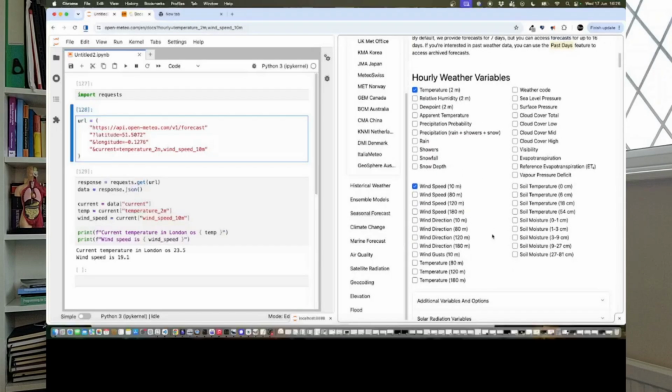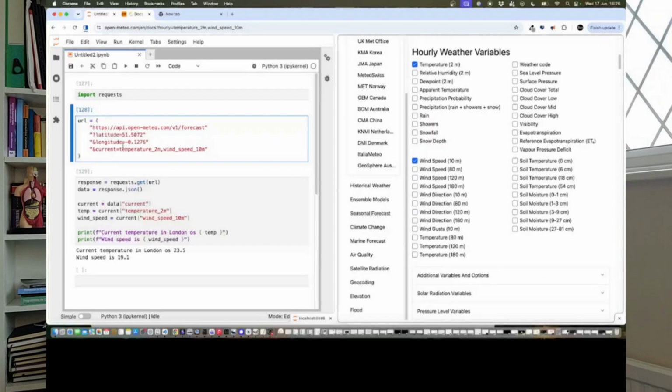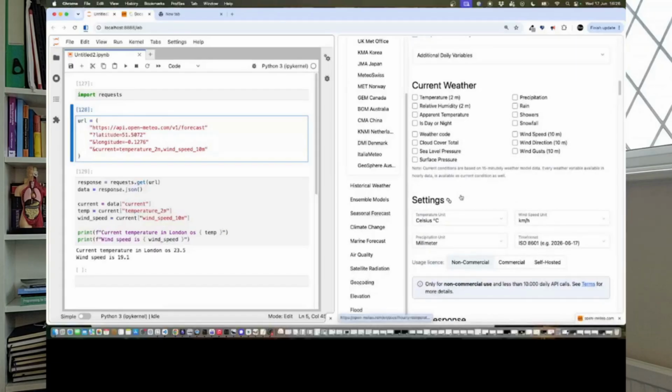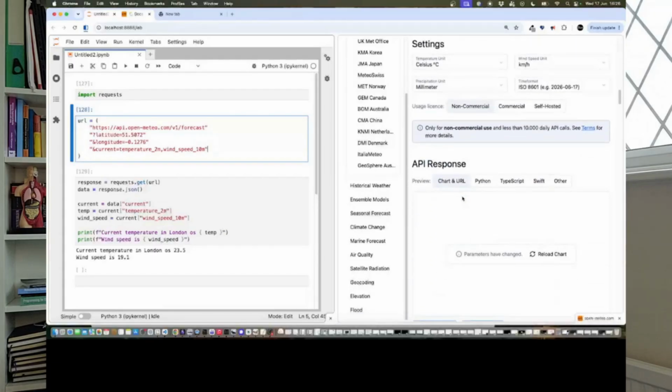When we run the code, we can see here that the current temperature in London, at least at the time of me writing this, was 23.5 degrees, and the wind speed is 19.1. Again, it would help to put the units of measure in there if we were using this in a proper program. So if you're going to use an API, it's a good idea to have a look